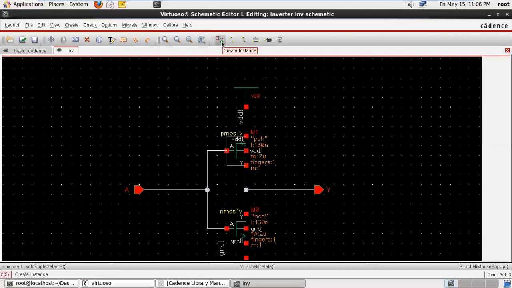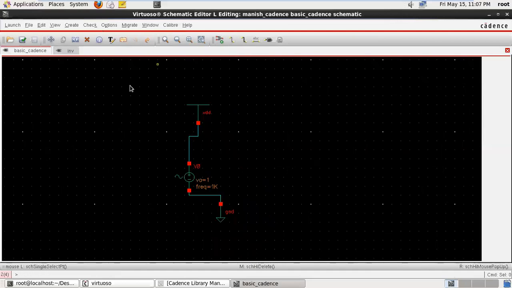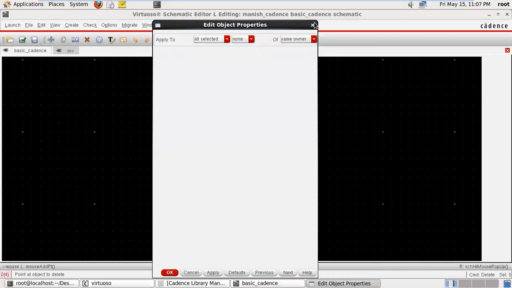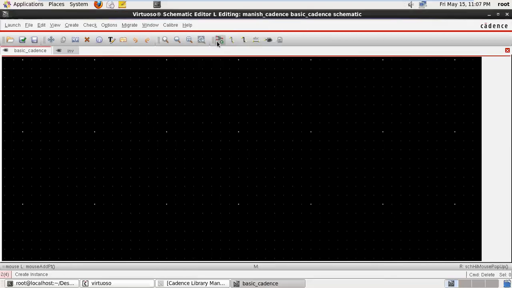Now there are some important keys, just see here. This is the instance key. When you want to select a component, just click here or press Q. Through Q, you can generate this window, or click this.